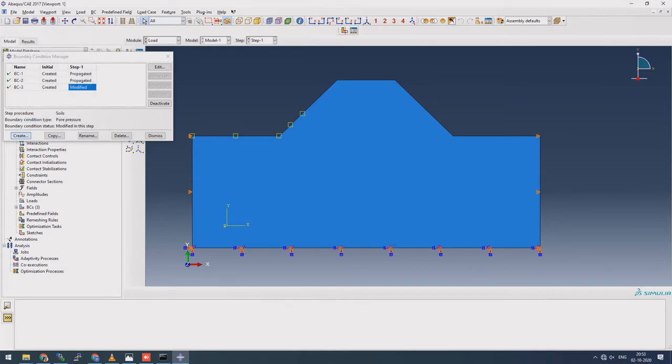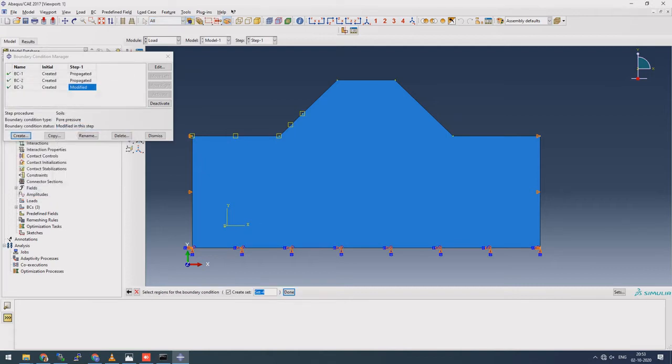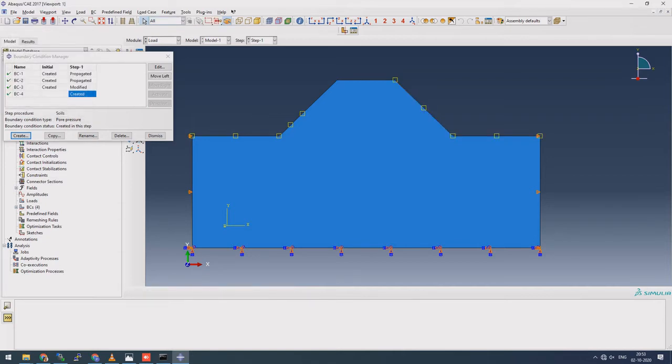And now another pore water condition at the end of the dam. So I'm just assuming that here, and shift click here, both of these walls will be at zero pore water because they will end the seepage, like the water will flush here. So I'm just going to assume zero pore water pressure there and move left. So let's just check again. Okay, so here it goes. So let's work it out now.